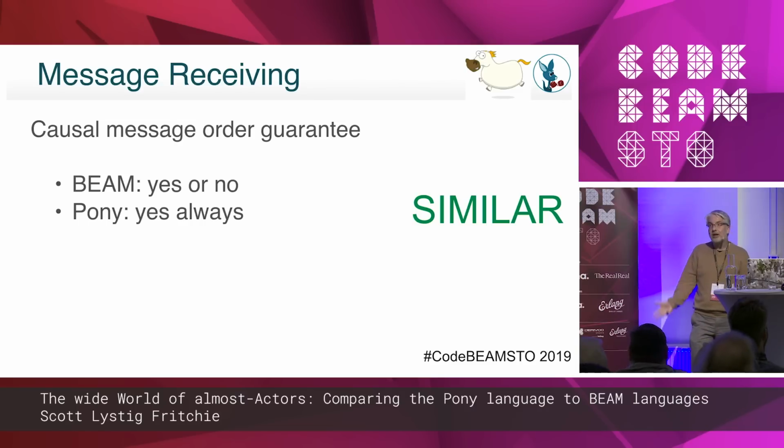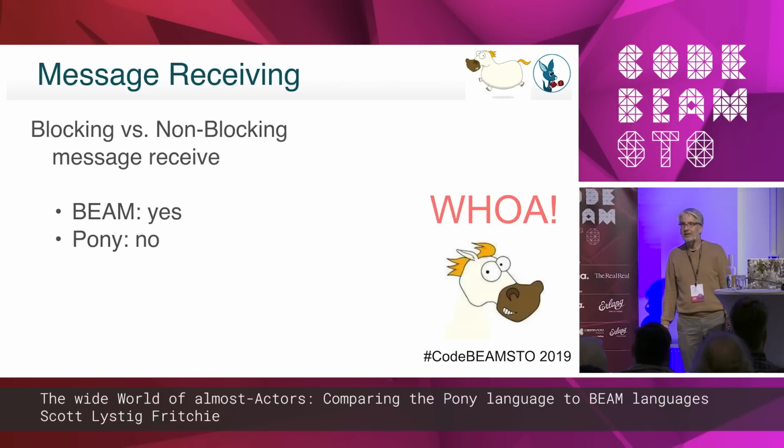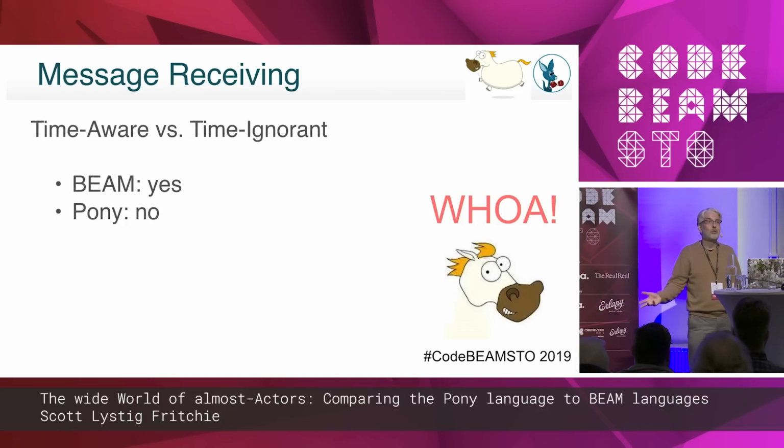Is message receiving blocking or not? And of course, in the Beam, yes, you can block waiting for a particular message, again using selective receive. Pony, no, you don't have that choice. Again, it's FIFO only. For message receiving, are you aware of time? In the Beam, yes, you can use an after clause in your code to say I'm willing to wait up to 0 milliseconds or some number of milliseconds, or an infinite amount of time when you don't care. In Pony, there is an awareness of time, but these messages are delivered by a separate timer subsystem, and so those messages are sort of independent of other messages.